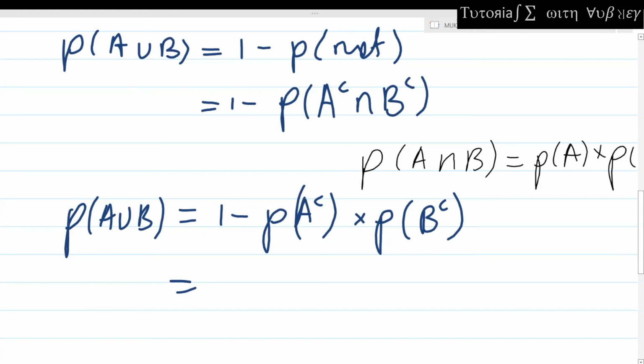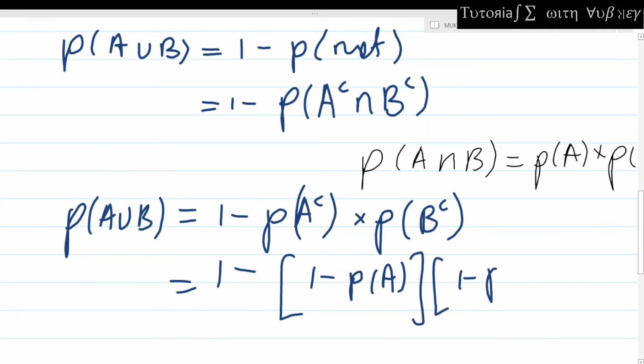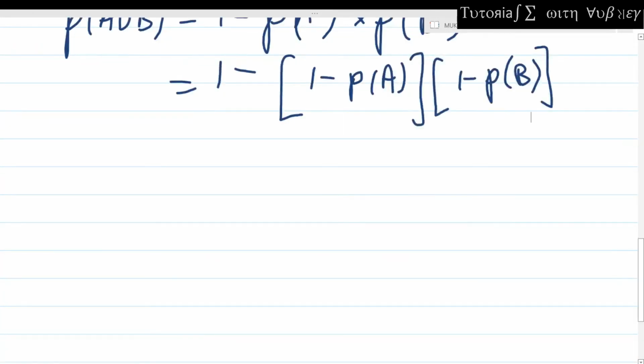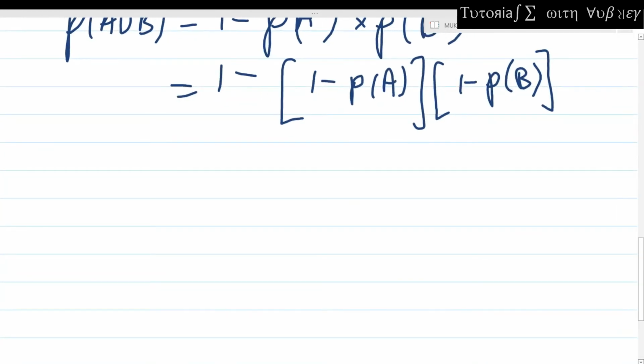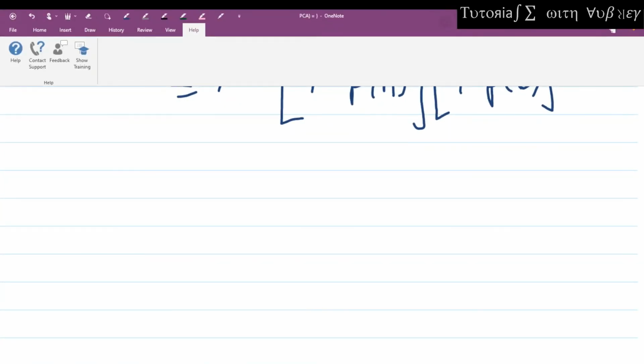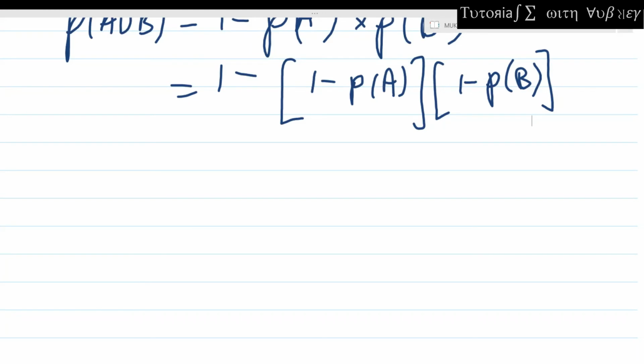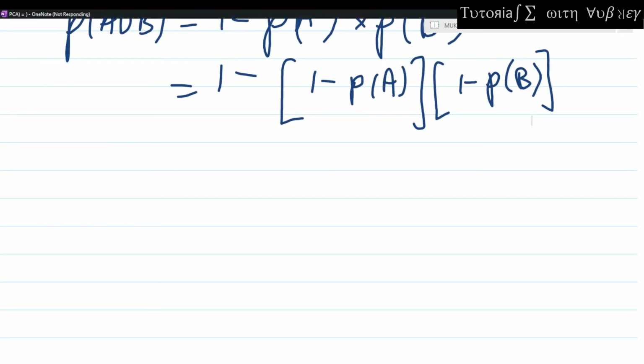A complement is 1 minus probability of A, and B complement is 1 minus probability of B. Okay, when we proceed, this will be equal to 1 minus, in brackets,